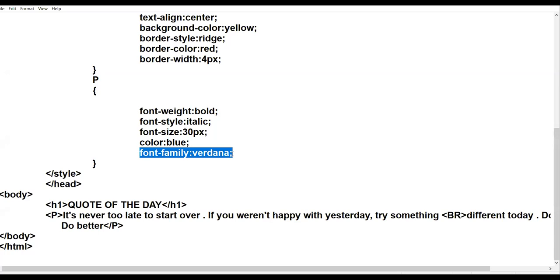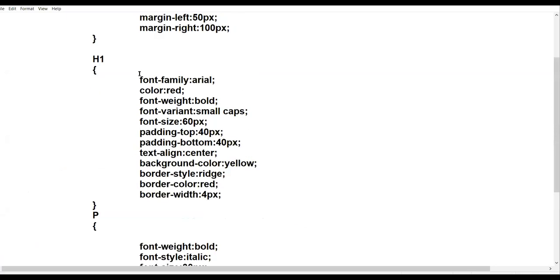To avoid this problem, there is one solution in CSS. In order to write a property which is common for the entire web page, you apply a universal rule. When there is one such property that is common for the entire web page, all the elements of HTML, all the tags of HTML will take that same property.